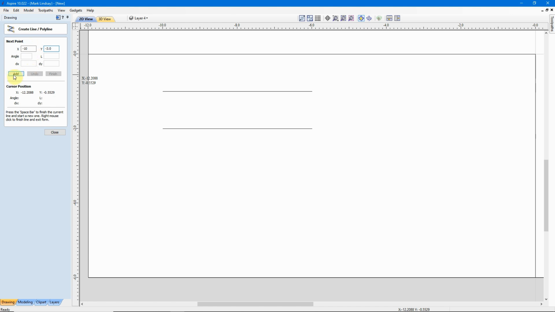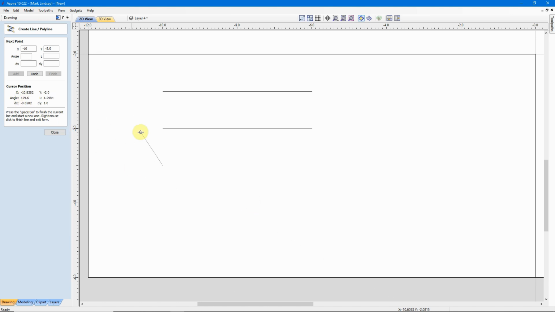We'll add that start point, and that puts our start point down here. Well, now we don't want to go into a straight line. We want to bring it down to an angle. And let's say we want that angle to be 25 degrees. I can try to drag it down here and get on 25 degrees exactly, or I can look over here